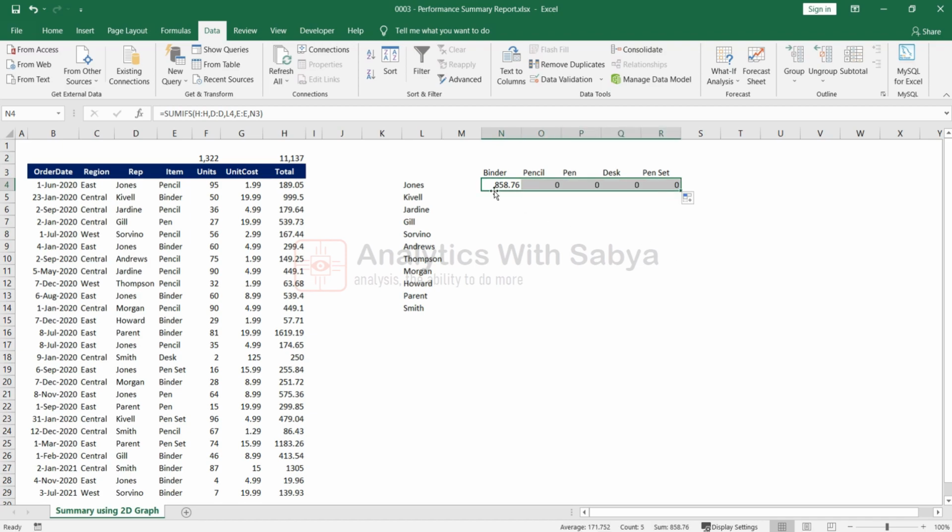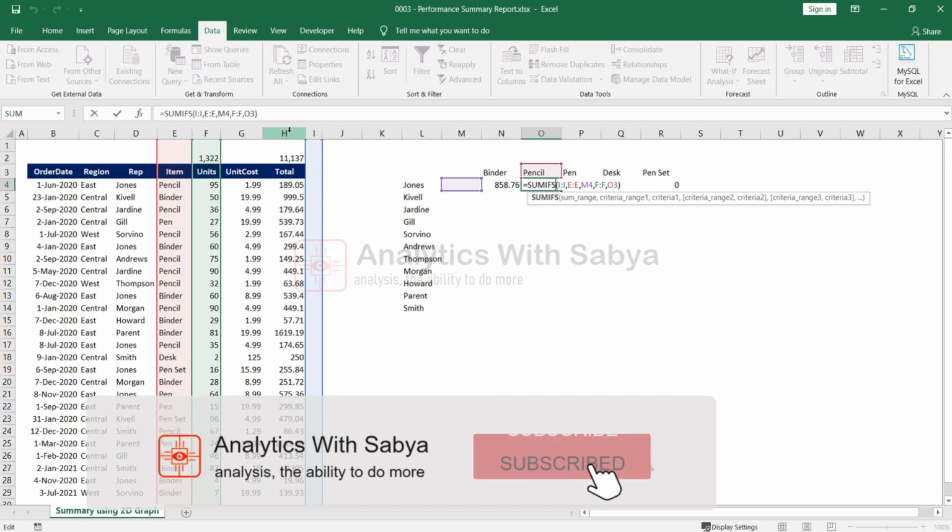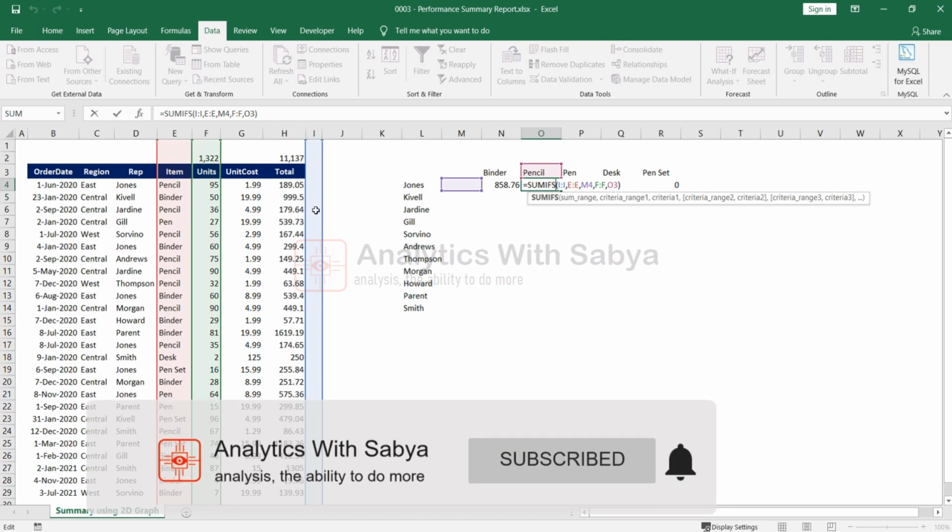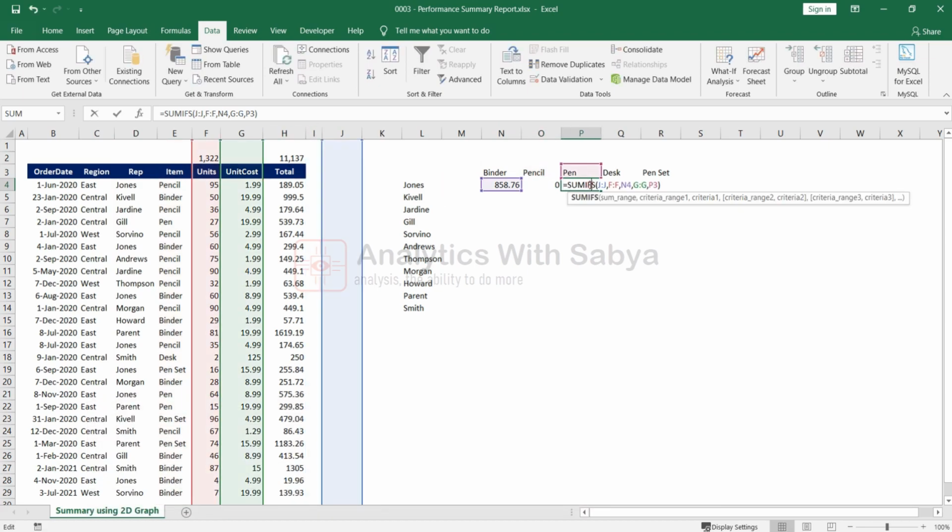But if you see this, once you drag and drop the formulas, it just becomes 0. The reason for that is we haven't made anything constant, because of which, if you see now, we wanted H but it is now moved to column I. Similarly for pens, if you click over here, it is now moved to column J. So what we need to do is make the things constant.